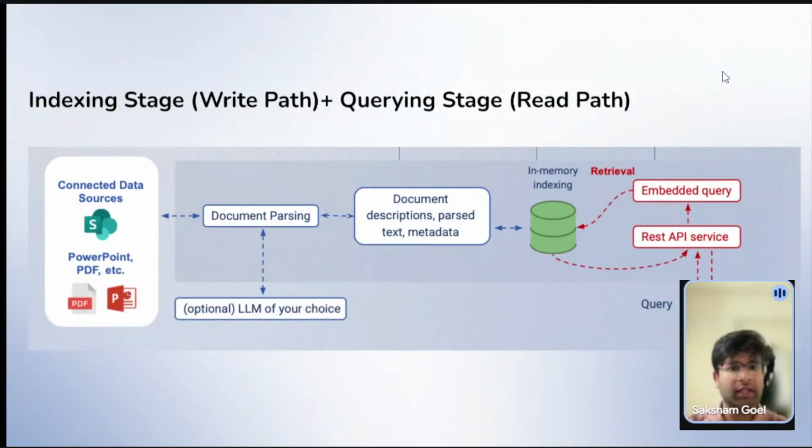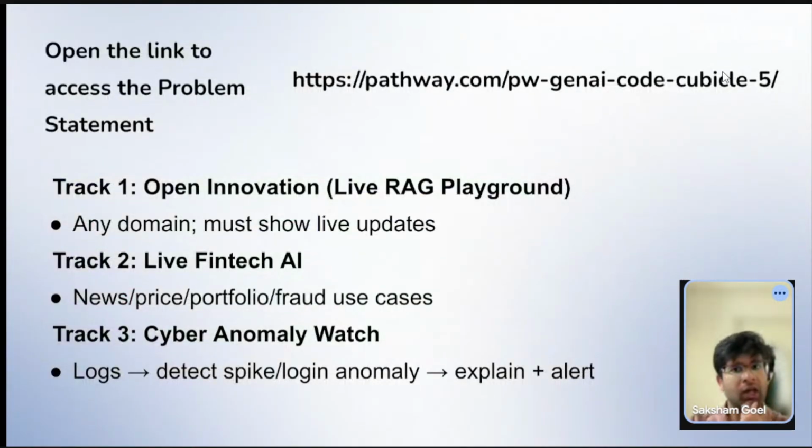So, and then at the end of the day, you can expose your application via a REST API service, right? Yeah. So I mean, this is how Pathway turns a lot of disconnected, unstructured files into a live, intelligent system, which runs in production with zero delays, and it stays fresh. So yeah, next up is our problem statement.